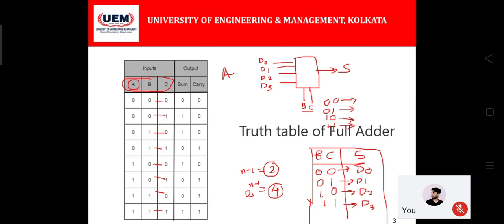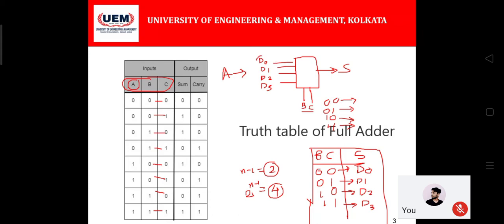So I need to use some values of A. I don't know whether it will be A bar or A or 0 or 1, whatever value I take, but I need to use a value of A in each one of the inputs. In that case, A, B and C will make the full circuit complete. Then our sum part will be completed. How do I do that? For doing that, we need to go back and look into the truth table itself. So you know, when BC equals 0, 0, which value is coming at the output?